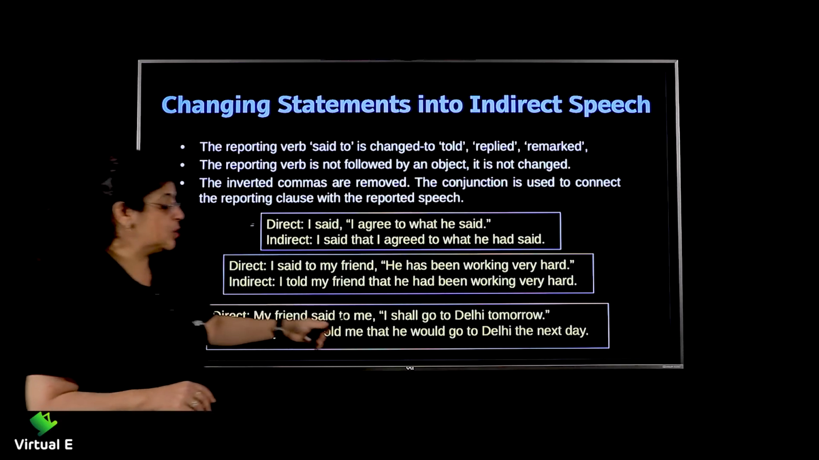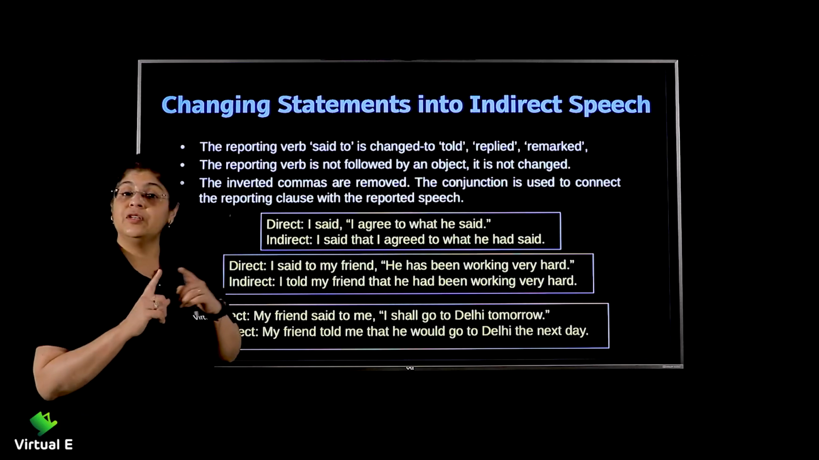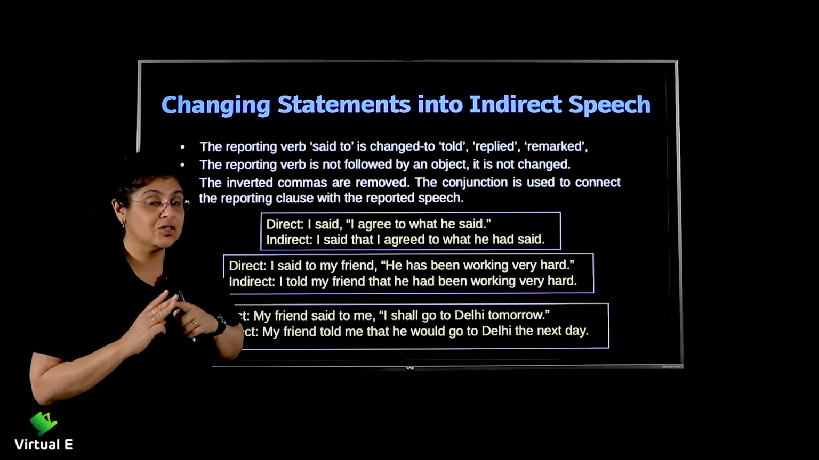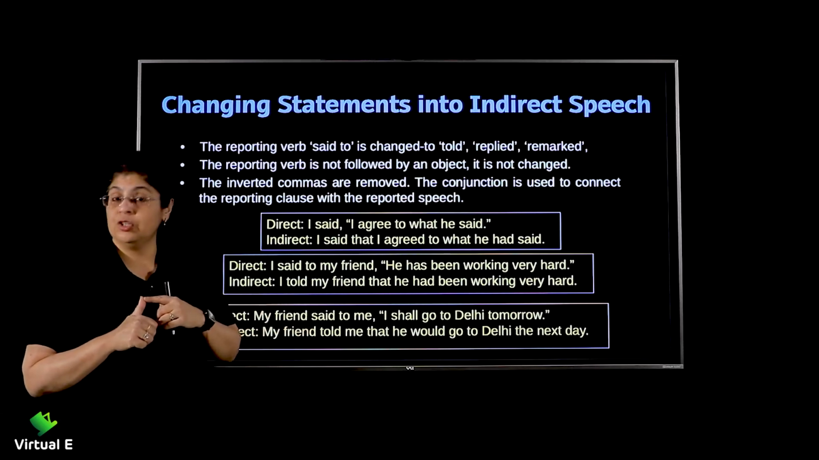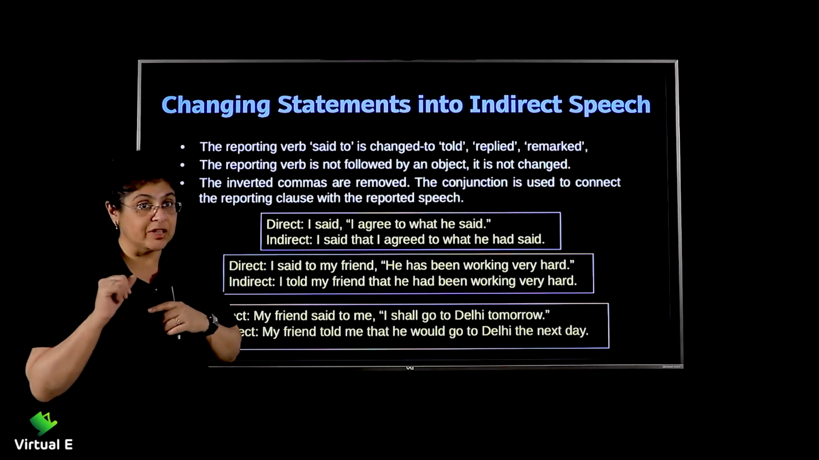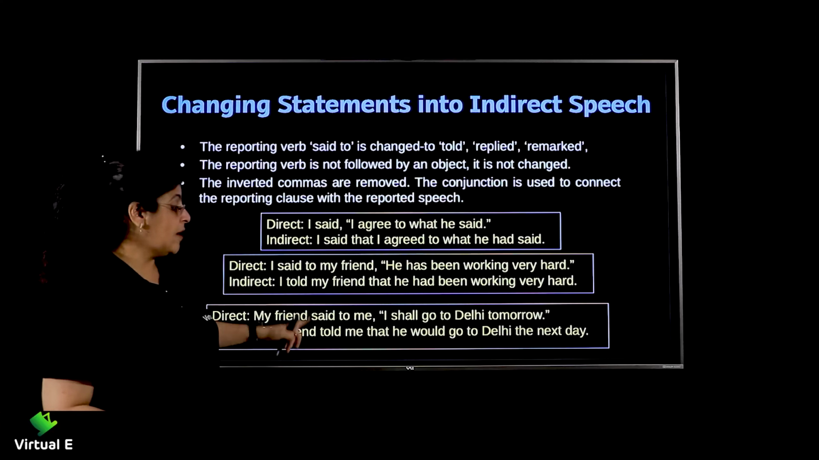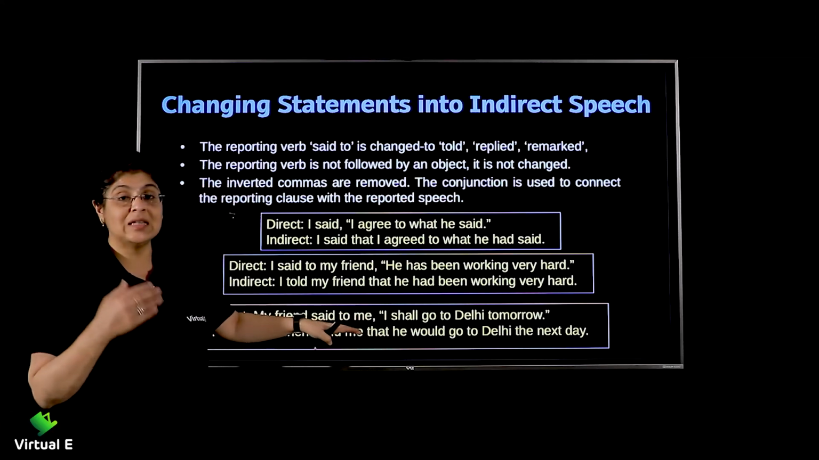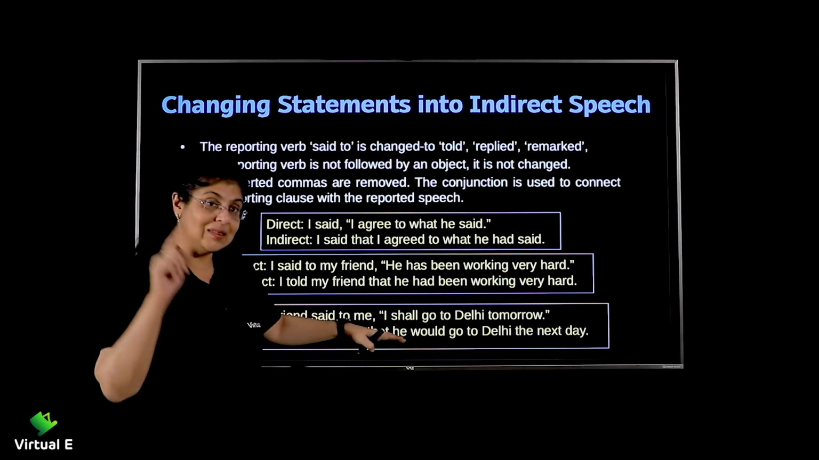My friend said to me, "I shall go to Delhi tomorrow." Okay, universal truth? No. Habitual fact? No. Is it a historical fact? No. Is the reporting verb in present or future? No. In that case, we will change the tense. Please ask yourself these five questions. So, my friend said to me, "I shall go to Delhi tomorrow." My friend, now "said to" becomes "told". My friend told me that